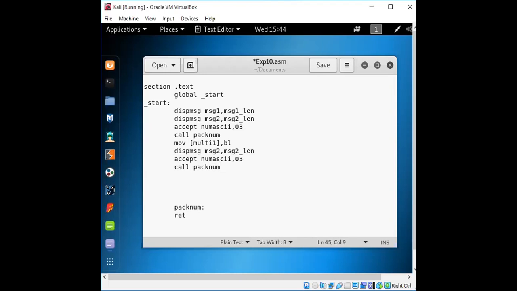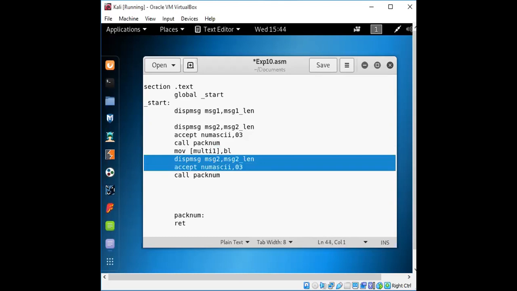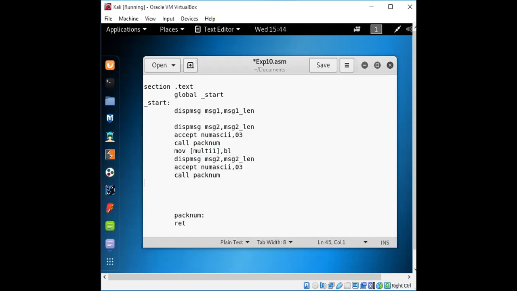So this will be the initial part for displaying the message. This will be for the first operand. Next it is for the second operand. And that we have to put in the register also. We'll take it initially in the BL and we'll put that first operand in the AL. So we'll move this first in AL.